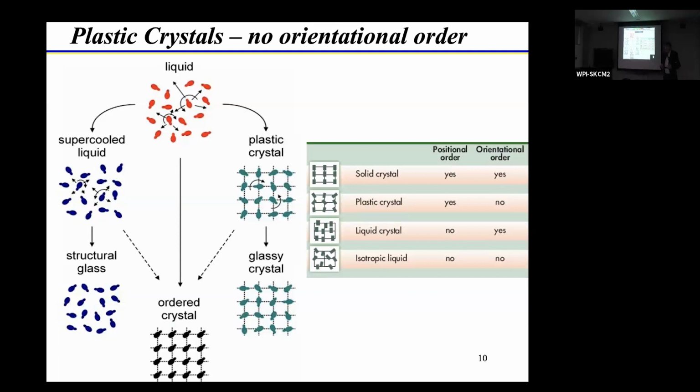And so this is then a plastic crystal that has positional ordering present, but lacks orientational ordering, right? And then there are isotropic liquids that have no ordering at all, right? There are solid crystals that have both types of ordering, and liquid crystals are the types of material that have orientational ordering, but either no positional ordering or, as we will see in a little bit, only some degrees of positional ordering. So this is in a bigger perspective, right, of different types of ordered states of matter